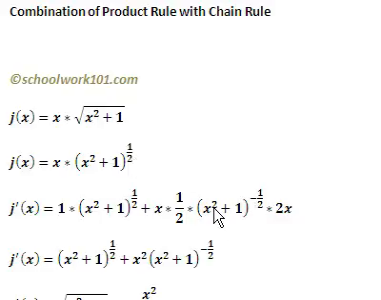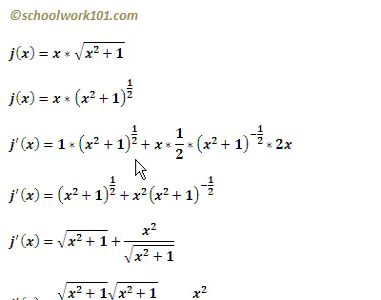Now here's the chain part. We take the derivative of the inside and bring it out. So the derivative of x squared is 2x and the derivative of 1 is 0. So now what we're going to want to do is clean this up and try to simplify it down. So what I'm going to do here is factor something out maybe. Actually,